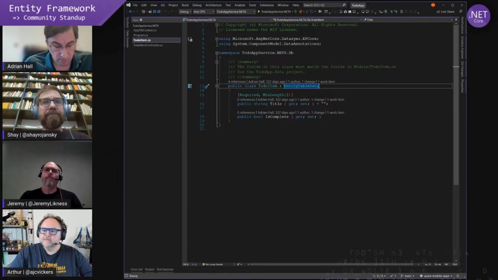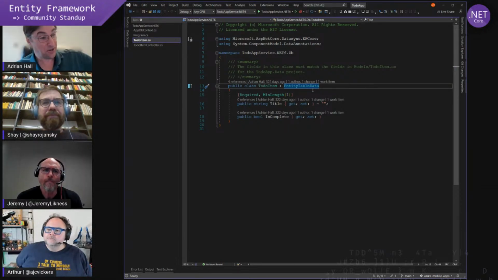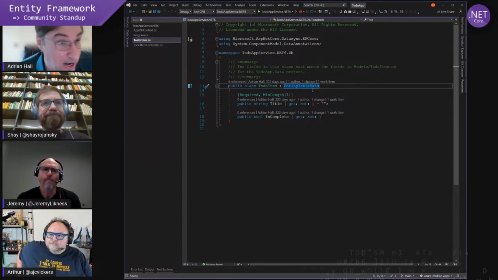There are 4 additional fields that are provided by this entity table data. They are an ID. Now, when you're dealing with offline, you can't use numeric IDs because numeric IDs have a large propensity to conflict. So when you're creating new records in an offline case, you need to have a globally unique ID. That means switching over to a string ID. So that's the first opinion that we make for you.